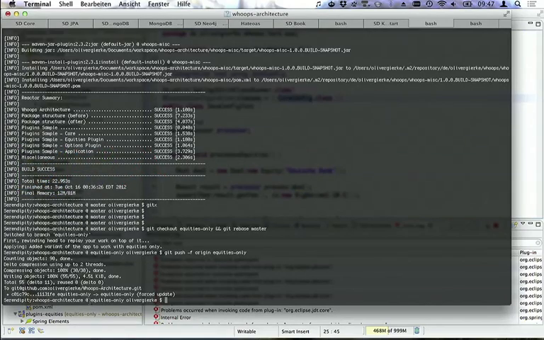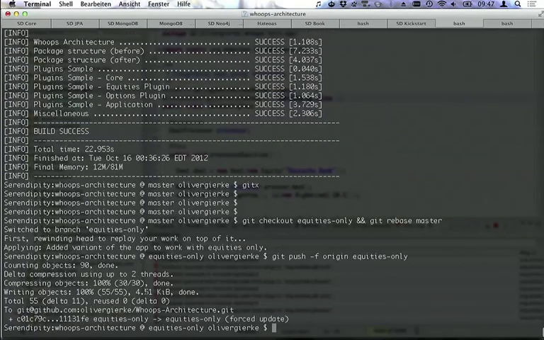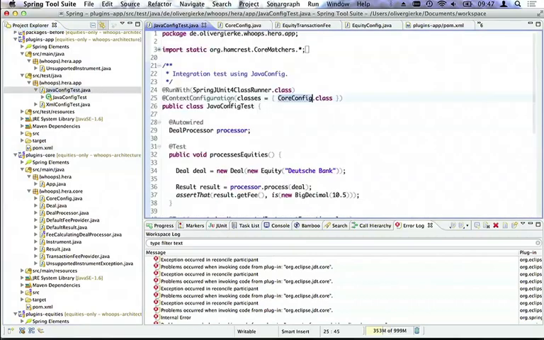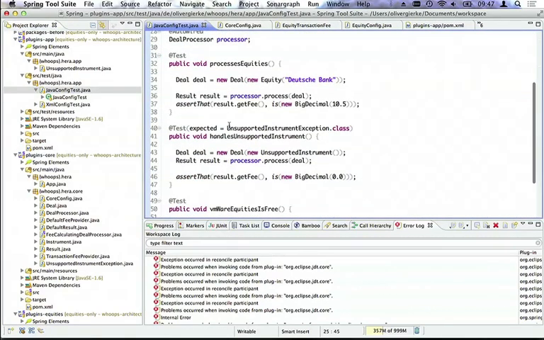And I've actually checked out a dedicated branch of the project. I can increase that a bit. It's the equities-only branch that has just a slight modification to the POM, because it depends on the core project, of course, and the equities only. Right? So we only pull the equities plugin into the classpath, and what we essentially do is